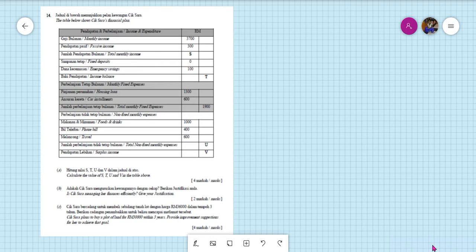I'm going to explain to you how to solve question number 14. This question is from chapter 10 of Form 4 Consumer Mathematics. Okay, so let's look at the question. The table below shows